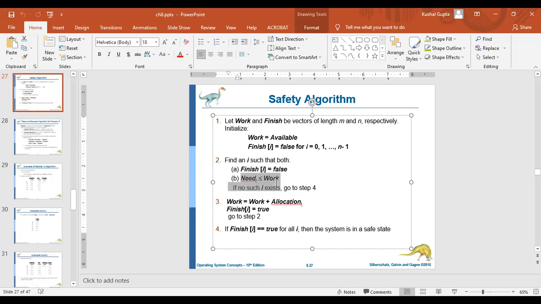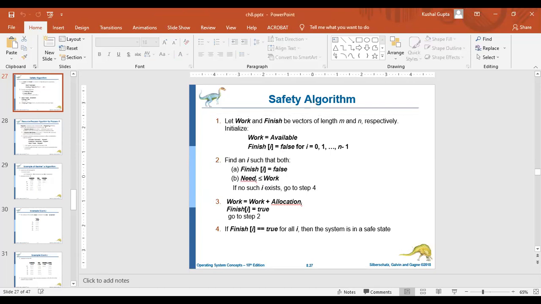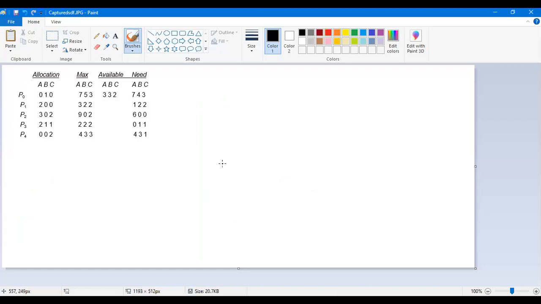Then you need to check the need less than work, and you need to check again and again this thing. So I am showing you in a short way, that will be very helpful for you.